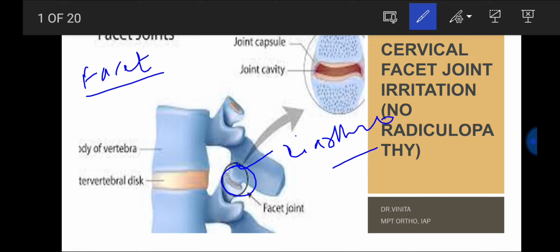Together with the disc, the bilateral facet joints transfer load and guide the constrained motion in the spine due to their geometry and mechanical function. So they help to transfer the load. Although a great deal of research has focused on defining the biomechanics of the spine and the function of the disc, the facet joint has only recently become the focus of experimental and computational study, and there are lots of clinical studies now on the facet joints.